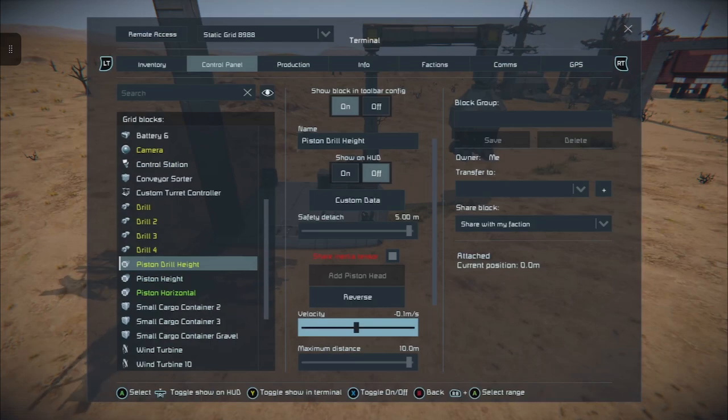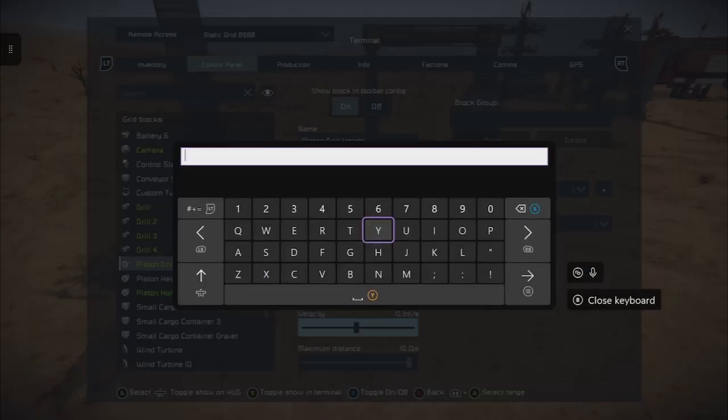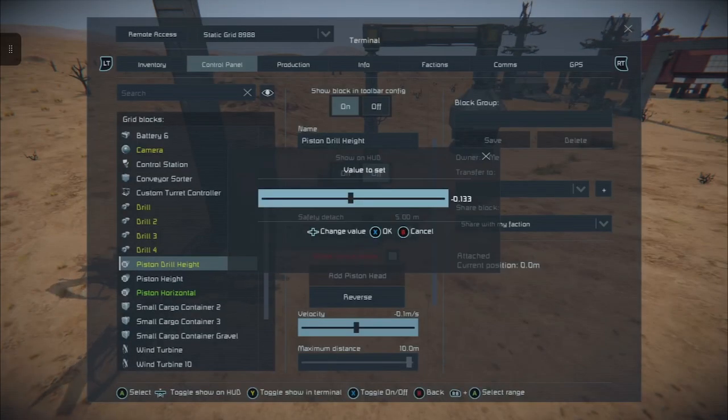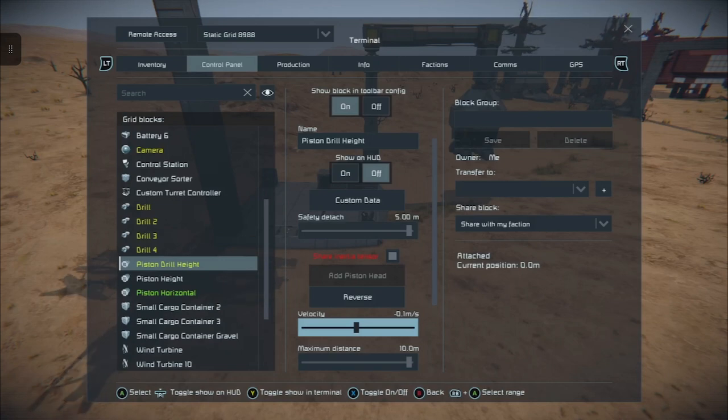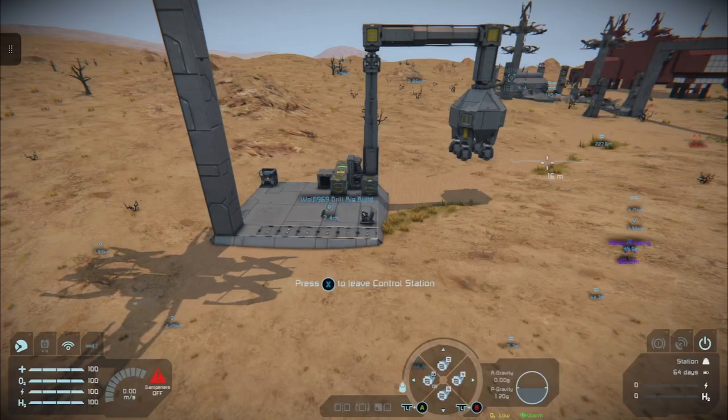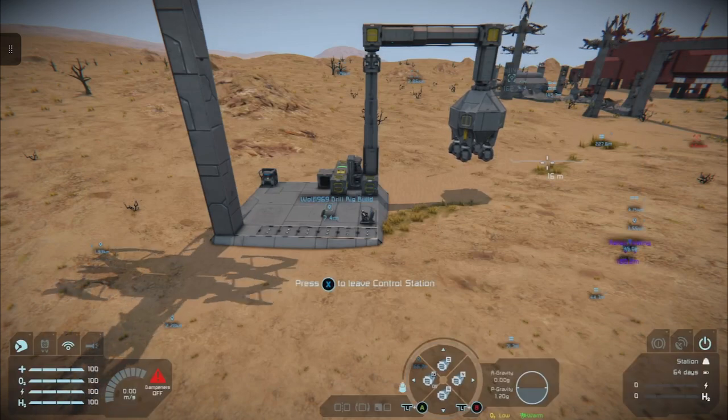Now, as I said before, you can press A on here, you can press A again, and you can just type it in. Problem with that is we're in the minuses, and there's a bug in the game that doesn't recognise the minus, so it will always default to 0.1. That should now give us a better speed for our drill.